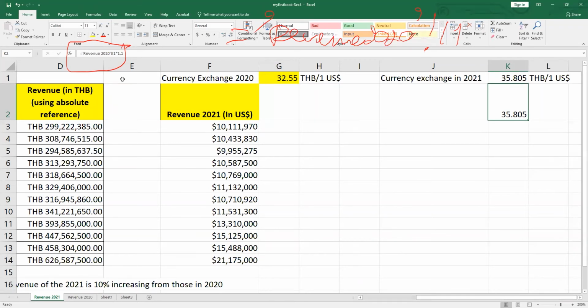So why do I recommend you choose the cell location by clicking instead of typing it by yourself? The reason is that it's possible you type it wrongly. For example, instead of typing Revenue space 2020, you just type Revenue2020 without the space. What will happen? Now let me show you. Suppose you manually type the calculation for this cell by yourself. It will be like this: equals, single quote, Revenue